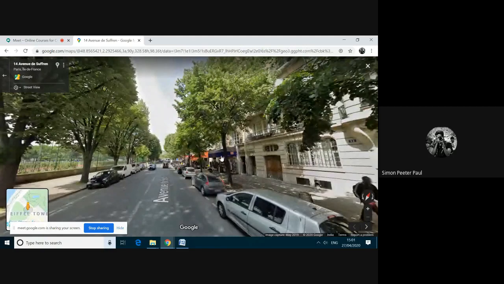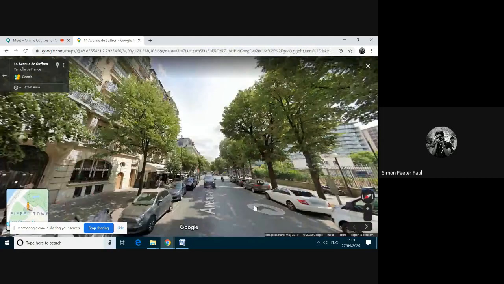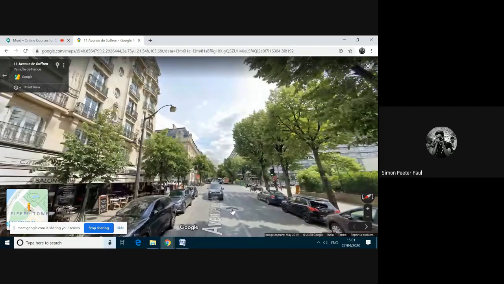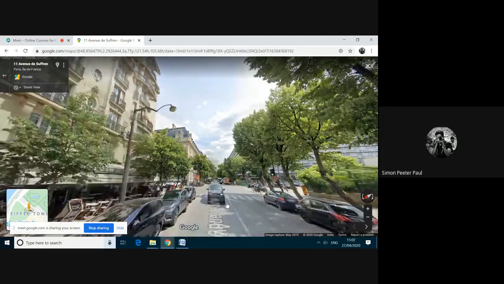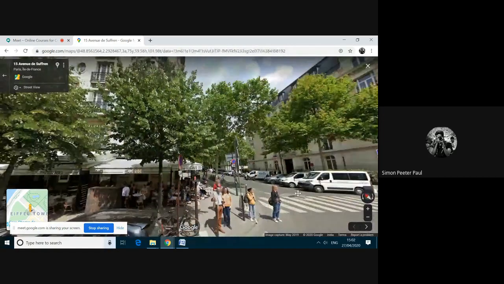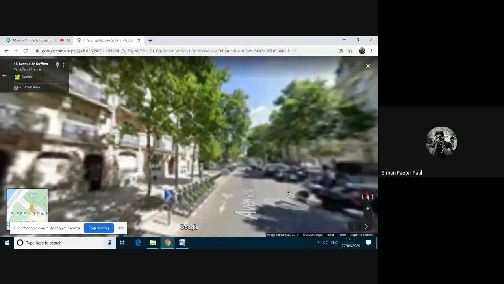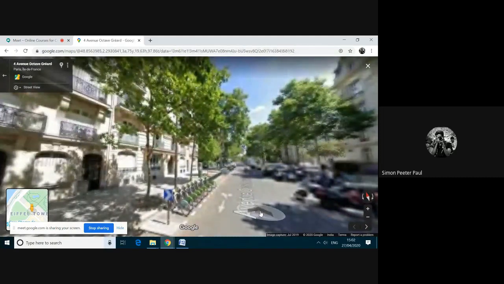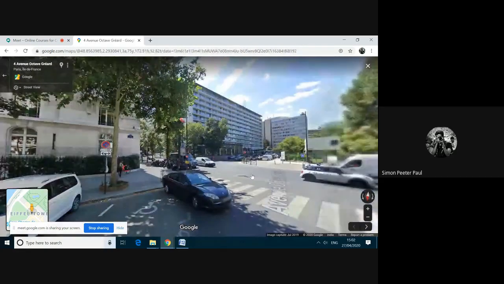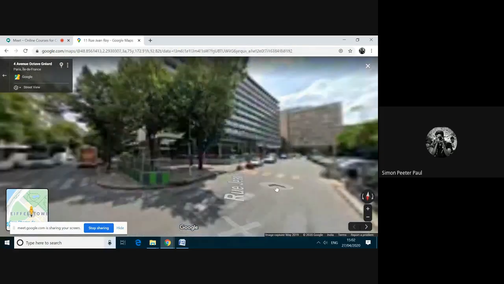See, you can see all the places. You can walk by just clicking the arrow. But it takes some time to get loaded since I'm sharing simultaneously. If I want to go into this street, I can go. See, I'm clicking this arrow, I'm entering into this street. But you can't go inside others' homes. You can visit all the places. If you want to go here, I'm going there.